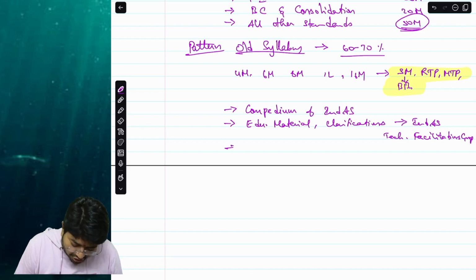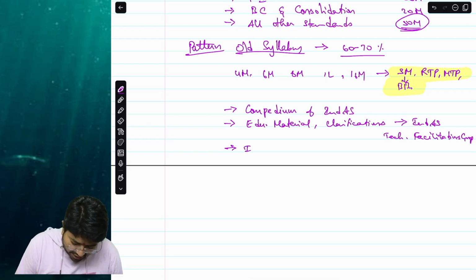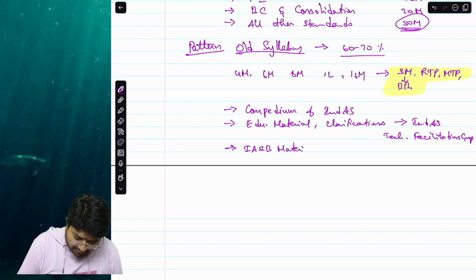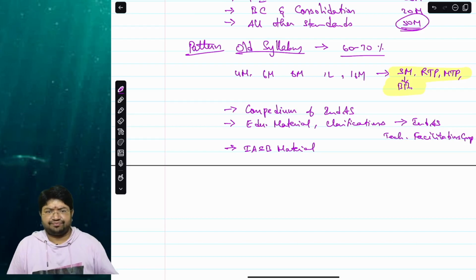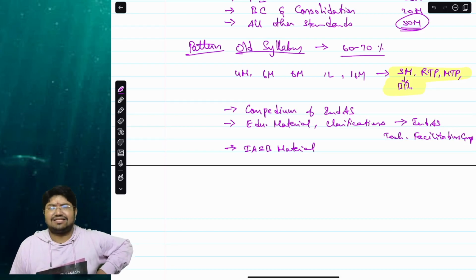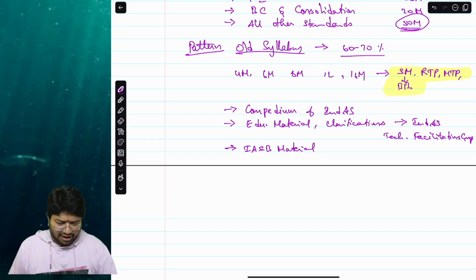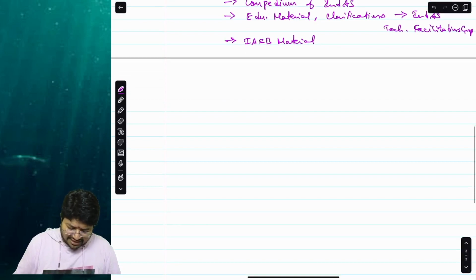Apart from that, you should also know globally what is happening, for which we will be going through the IASB, International Accounting Standards Board, material. We will be going through IASB material on IFRS. So broadly, this is the coverage we intend to do for each of the standards. And if you ask me how the flow goes for each standard,